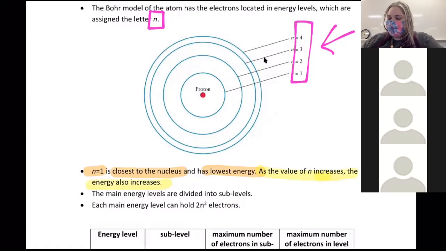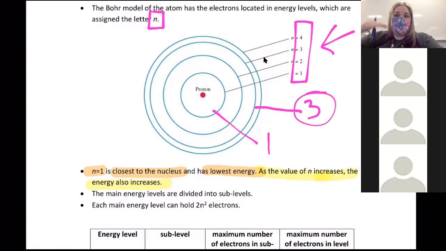So if you're asked to compare, you know, like this N equals 3 to N equals 1, 3 is going to have the higher energy, okay? And that's important because our electrons, when we get down to talking about our configurations, one of the rules, the Aufbau principle, says that electrons always fill from low energy to high energy. So they're always going to